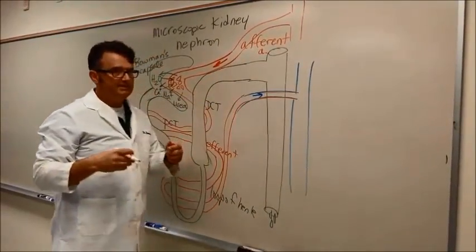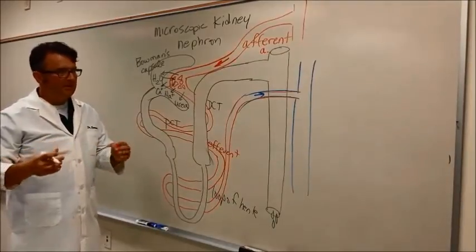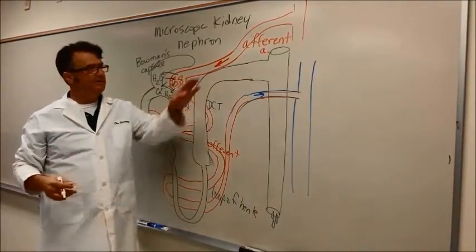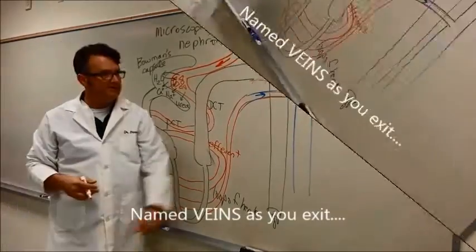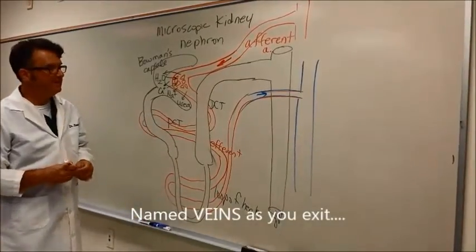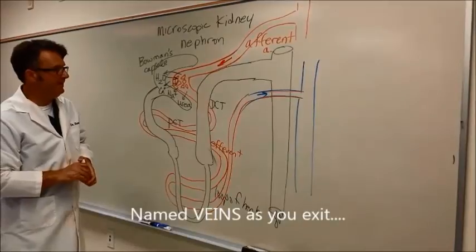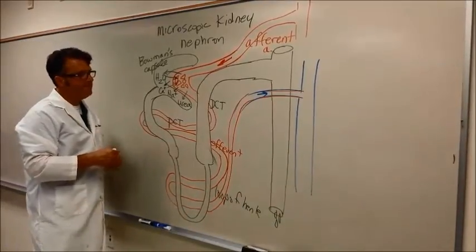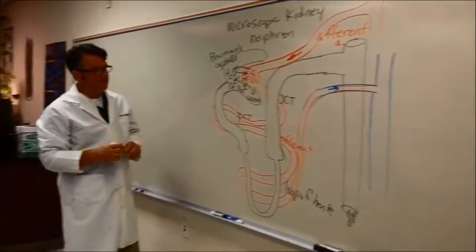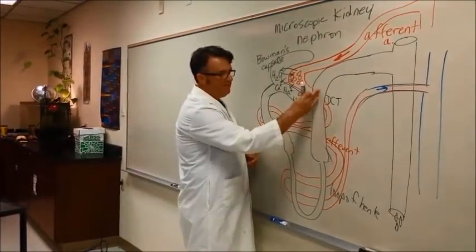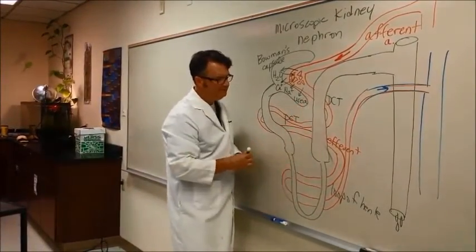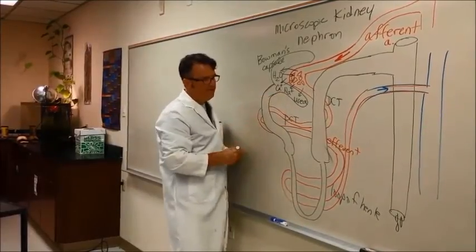There's a segmental, interlobar, arcuate arteries, long time before you get down to this level. There's a bunch of different named arteries, but that's not really the point of what I'm trying to talk about right now. So what I do want to talk about, though, is that in this distal convoluted tubule, I talked about sodium already,